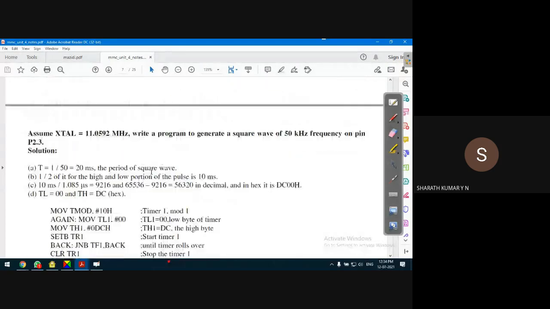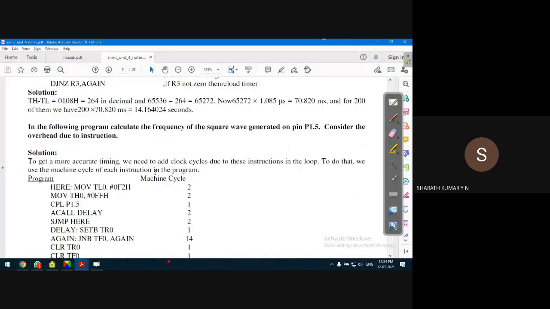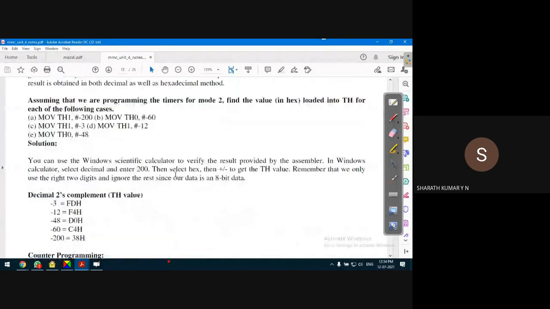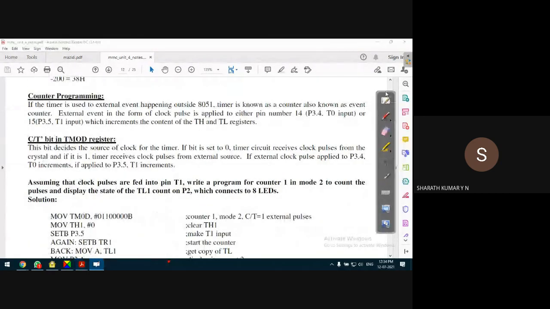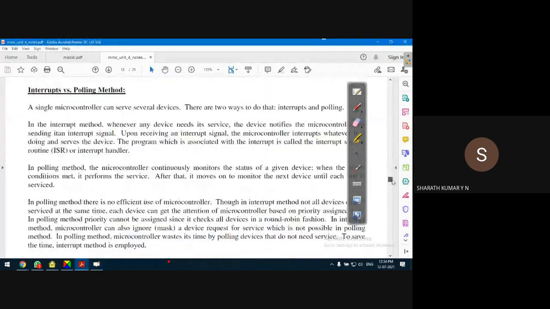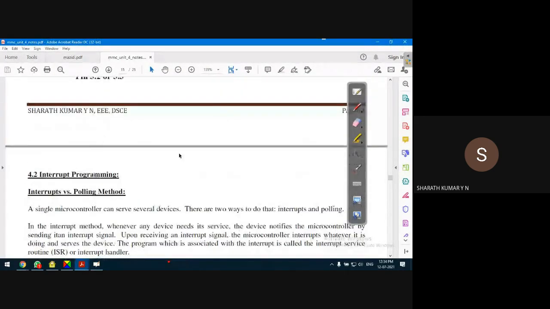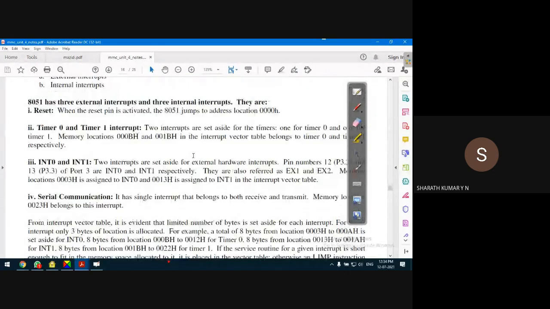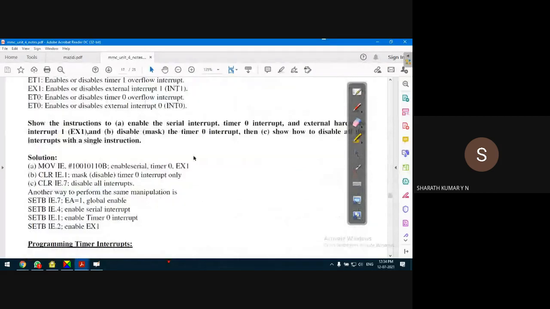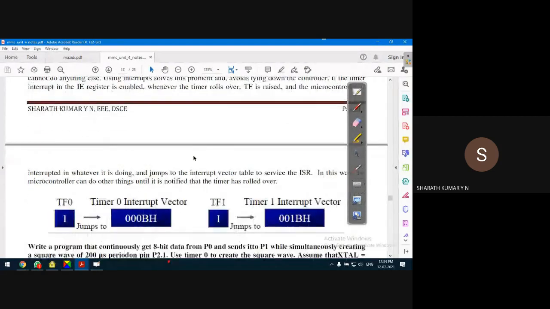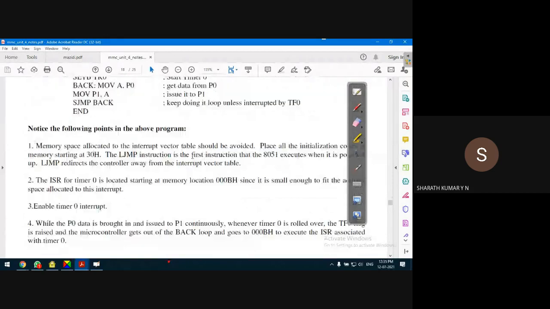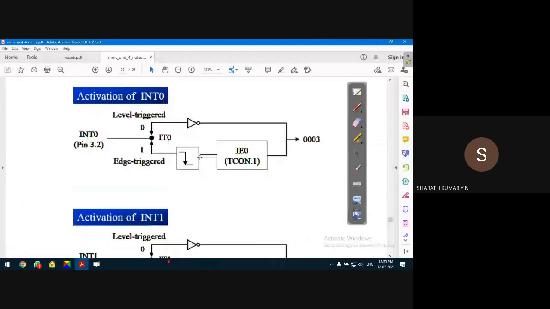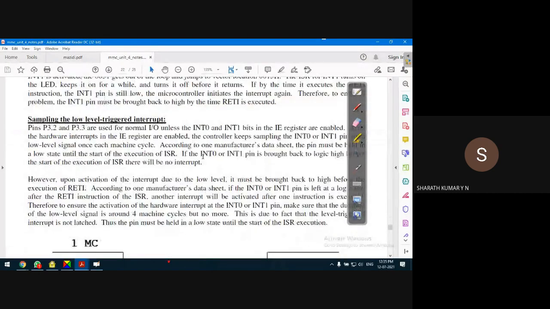This is showing the timer. So this is full of timer, I guess. This chapter, okay, interrupt is also given. Yes, I'll show you the RETI instruction. Interrupt vector table, interrupt enable register, program counter, RETI instruction.